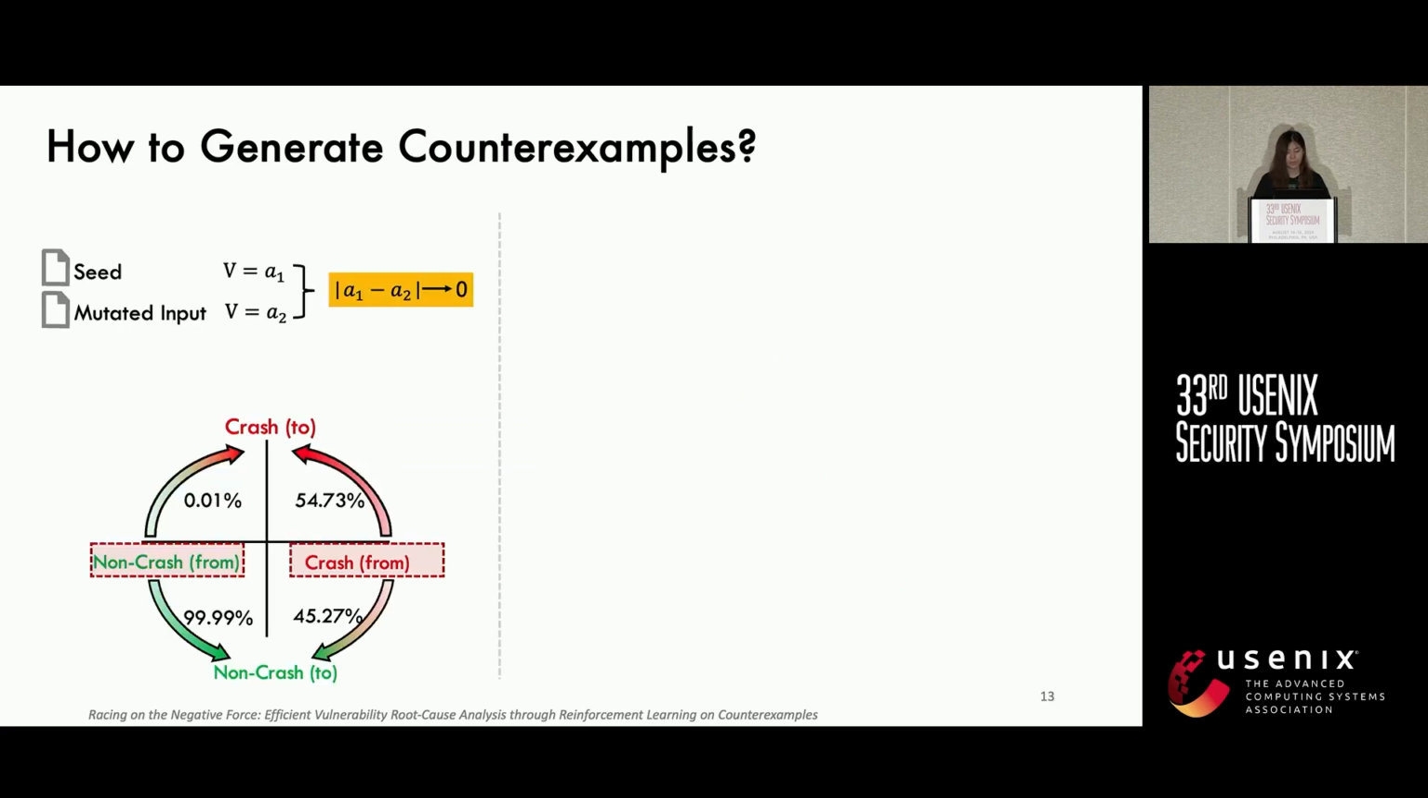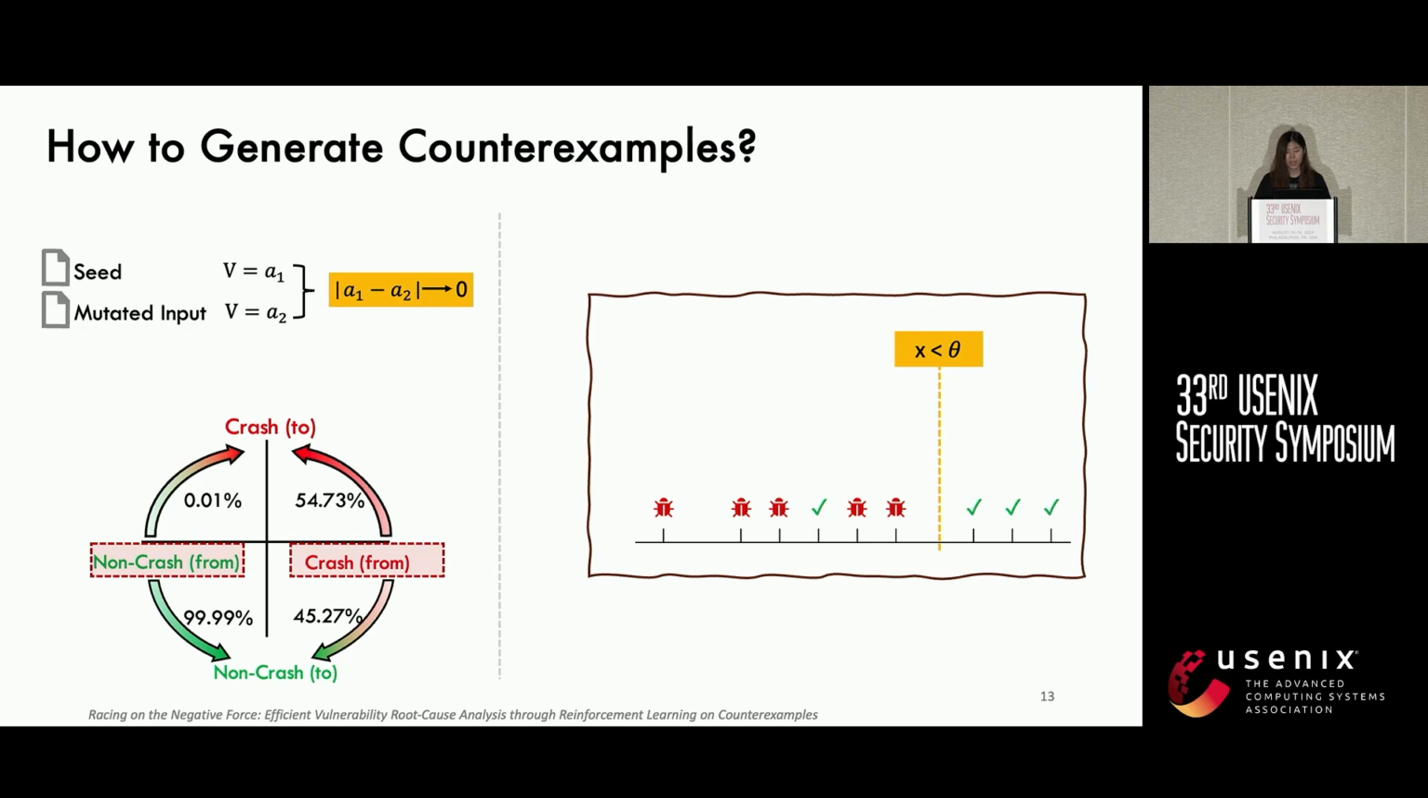Based on these two observations, we developed a strategy to generate COPs. Here is an example. Assuming we have a predicate here, we need to generate a counterexample against it. Based on our value similarity observation, inputs that generate values within this specific range should be ideal seed candidates for future mutations. And based on our outcome tendency observation, an input that results in a non-crash should be an ideal choice